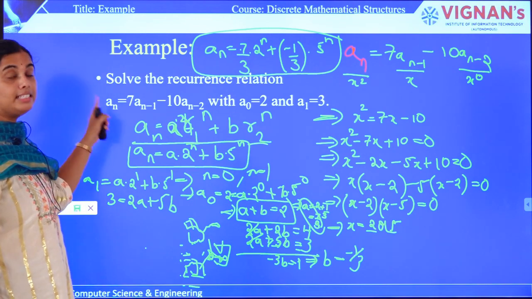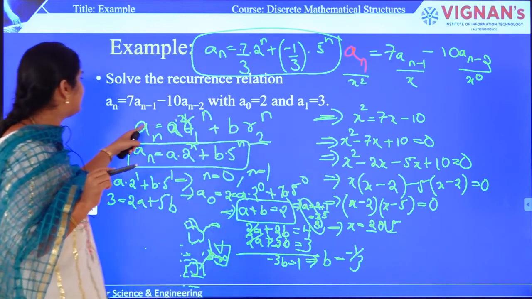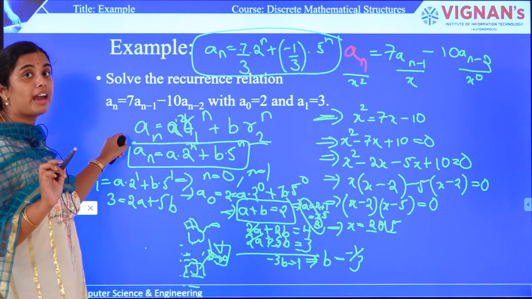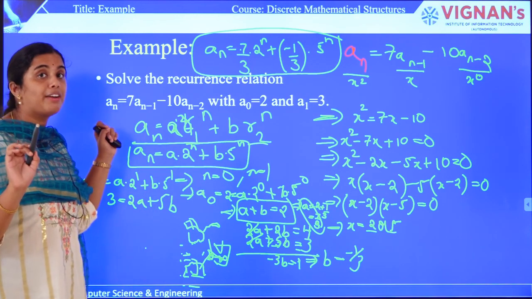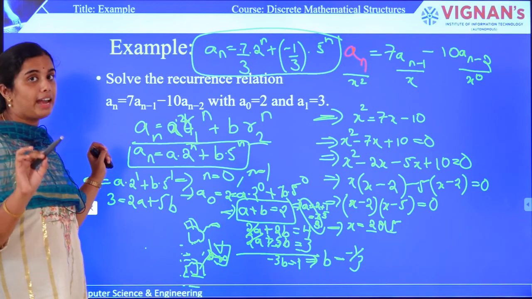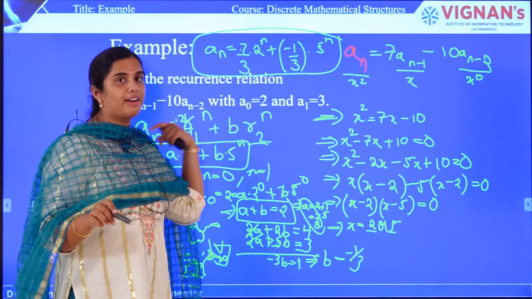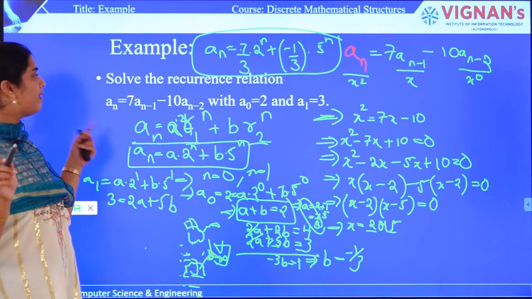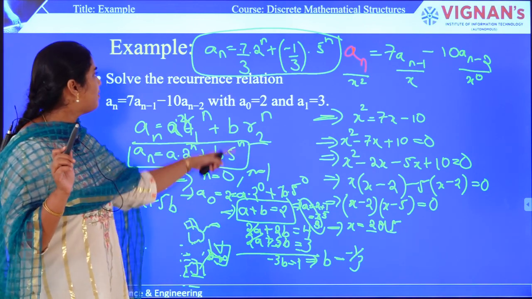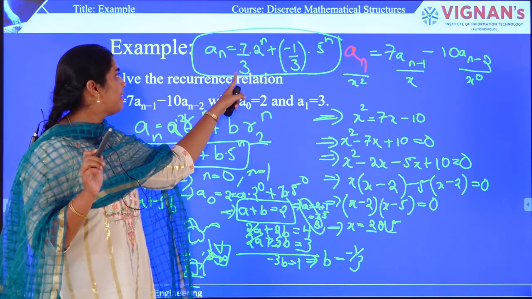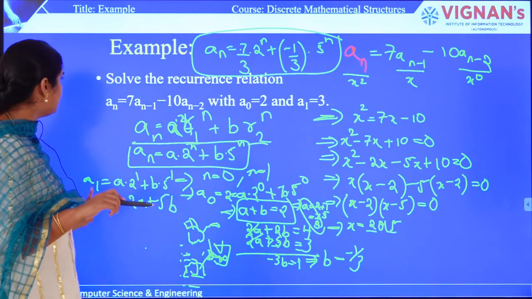Okay. We have solved this using the characteristic root equation. We have derived the roots, and those roots we have substituted in the standard formula of characteristic roots, and from there we have calculated the values of a and b. How have we calculated? We have assumed the value of n as 0 or 1, because we got to know the values of a0 and a1. We have substituted n with 0 or 1, and from there we solved the equation using basic mathematical methods, and from there we have derived that an is equal to 7 by 3 into 2 power n minus 1 by 3 into 5 power n. Okay. This is the first problem.